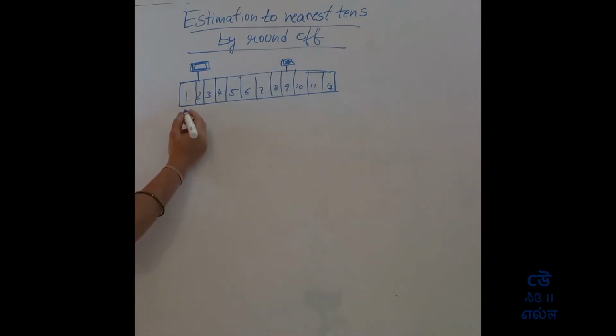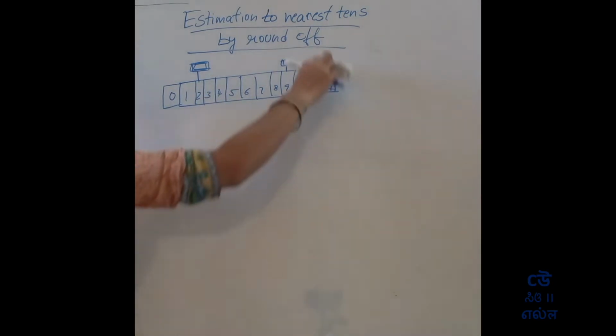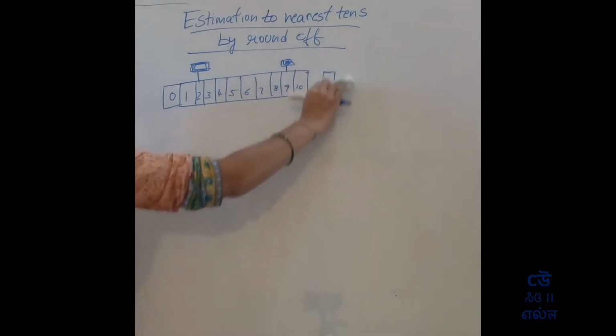So your 0 will be there. Okay, so it's in the middle. See, children, if 2 is nearer to approximately, if it is in the middle,